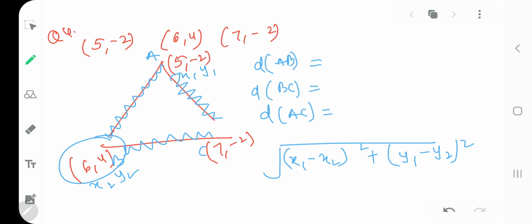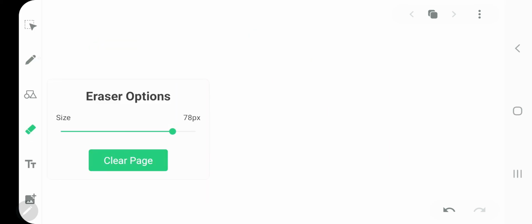Next you have question number 5. Let's see what it is. In a classroom, 4 friends are seated at points A, B, C, D as shown in the figure. So the figure is there. Question number 5, I guess you can do it on your own. It's quite easy. But let's see what it says. Okay, no problem. Question number 5, let's see. In a classroom, 4 friends are seated at points A, B, C, D as shown in the figure.